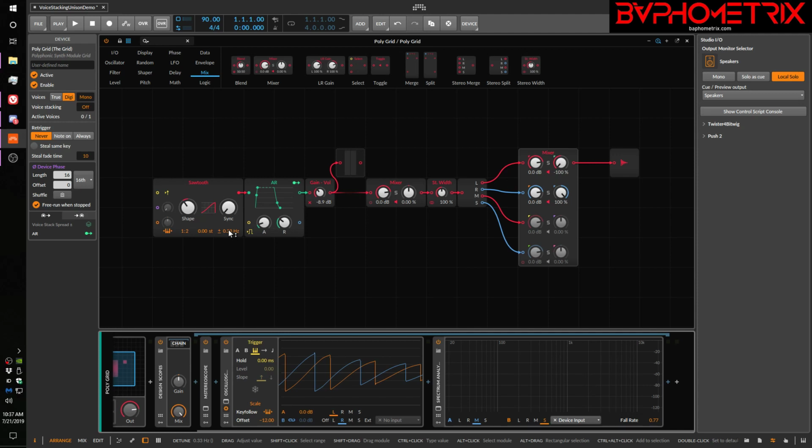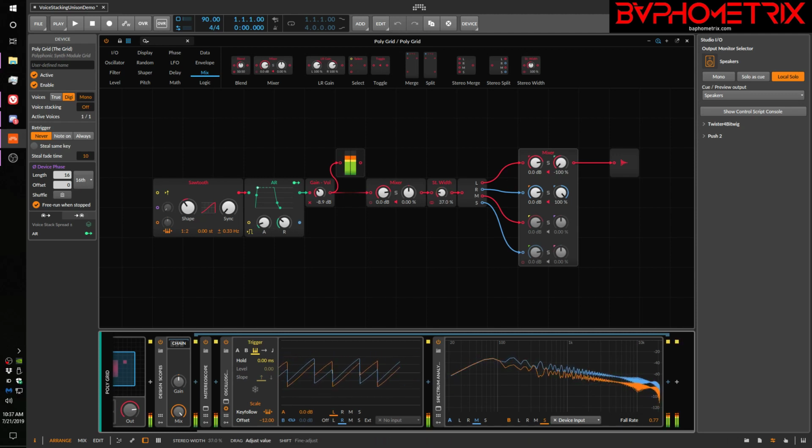And if you truly only care or think that people are only ever going to hear your stuff in stereo, great. Go ahead, use it. But you don't have as much control over it. I mean, you can throw on a stereo width module and drag it down to help with that. So sure, if you want to do that, go ahead. Maybe that's easier. The other thing to note is that